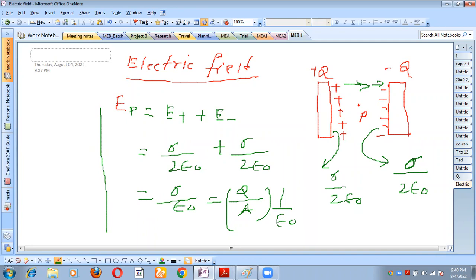So actually force acts between these two plates. This plate will be attracted by negative charge and this plate will be attracted by positive charge. So how to find the force between the plates? Force is given by electric field into charge. So while calculating the force, we have to take the electric field of one plate only, due to its own electric field,